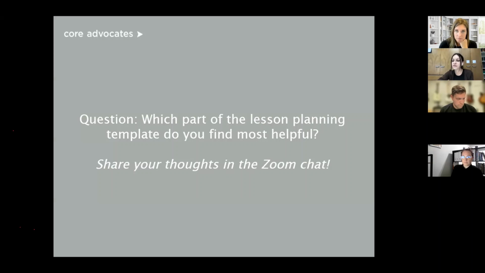I also see some responses about identifying the standard for math practice as well as its alignment to a SEAD theme. We know that that's the purpose of the lesson planning tool, is to make sure that we are aligning those 2 together. And so just taking that moment to think about prior to your lesson, how can you amplify that SEAD theme within your classroom is really important. And I think for me, that's one of the most helpful things that I found with the lesson planning template, is just prior to my lesson, thinking about that SEAD theme and thinking about how I wanted to amplify it with my teacher and student actions.